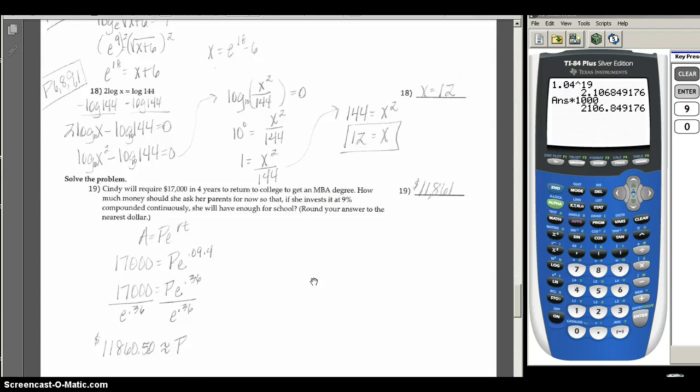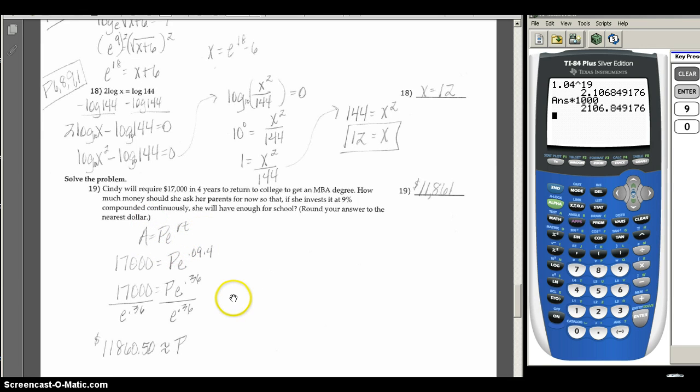19. Cindy will require $17,000 in 4 years to return to college to get an MBA degree. How much money should she ask her parents for now so that if she invested at 9% compounded continuously, she will have enough for school? Round your answer to the nearest dollar. So since it's continuously, I use the